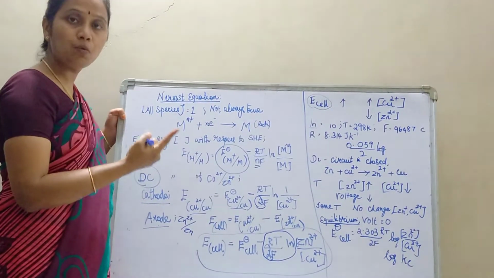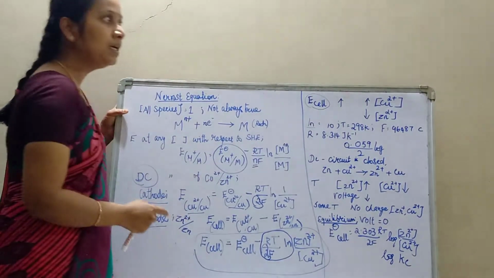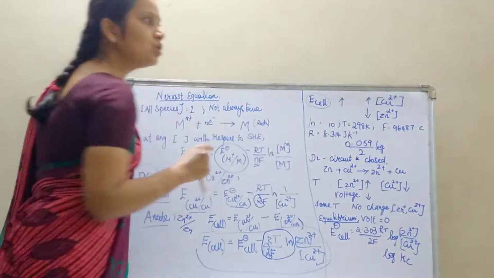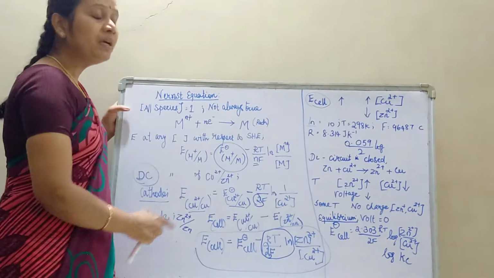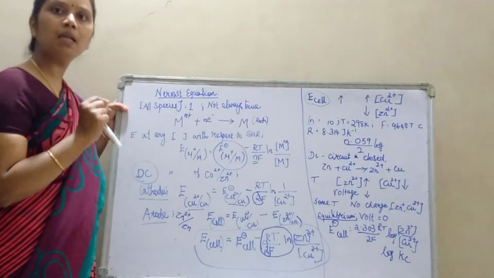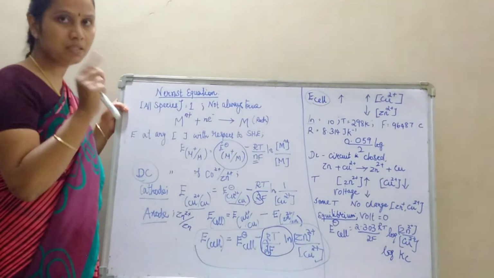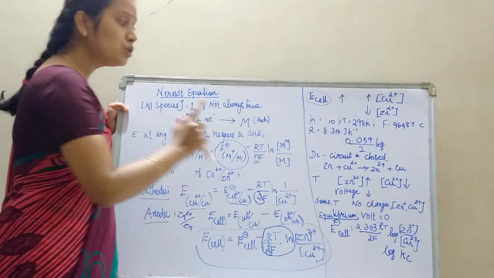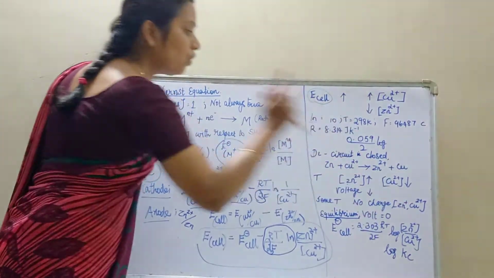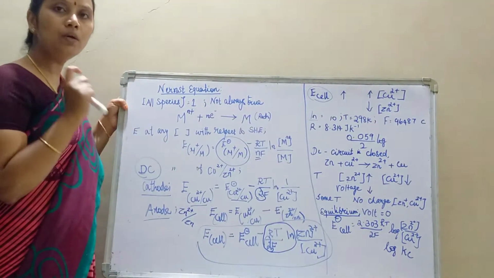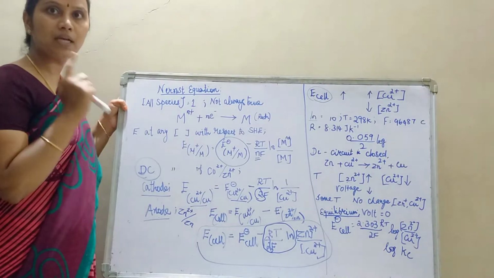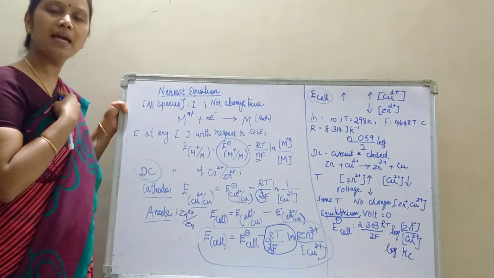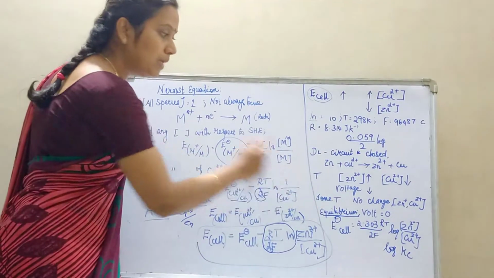As time passes in the process, what happens to the concentration of zinc? The concentration of zinc goes on increasing and the concentration of copper keeps decreasing. When I am measuring the voltage with the help of a voltmeter, the voltage keeps decreasing. Now what happens after some time? There is no change in the concentration of copper and zinc and the voltmeter is measuring the voltage as 0. So what is the condition of this reaction? My reaction has reached equilibrium.